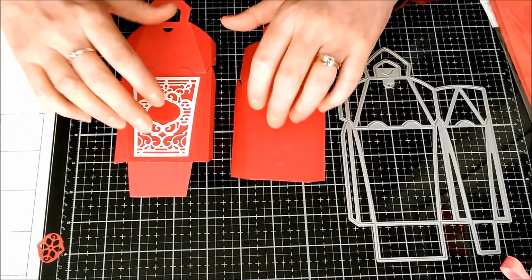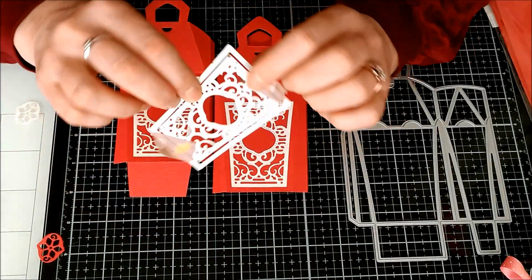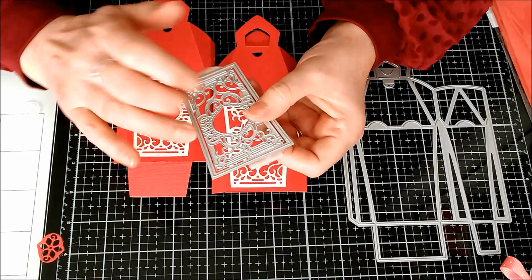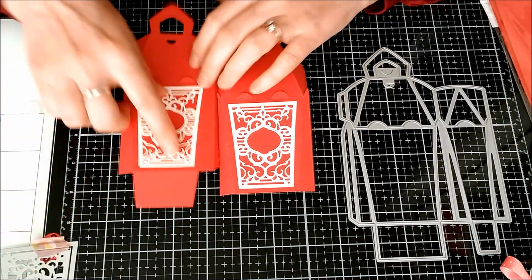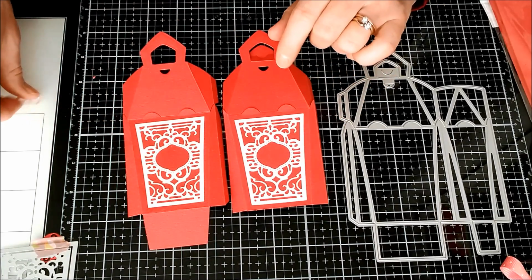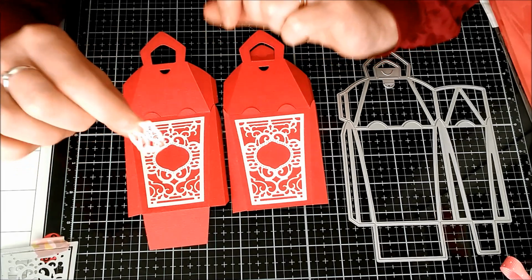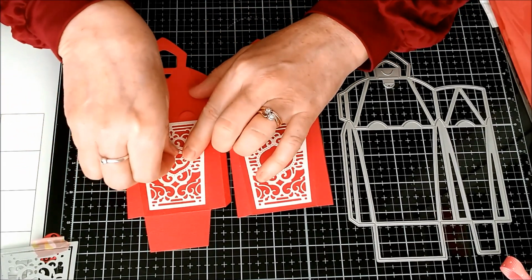So I have also gone ahead and used these two dies. So that's the little outside edge one and the little patterned one on some ivory card, and I have cut out these two shapes and glued one to the front and one to the back. Then I have used this little piece, and I'm going to glue that inside here. But to get to the main idea of the little packet,